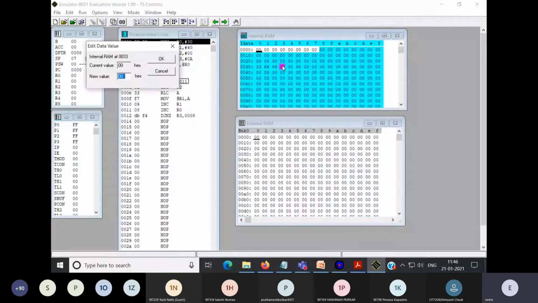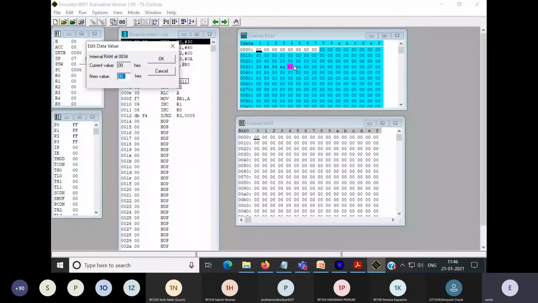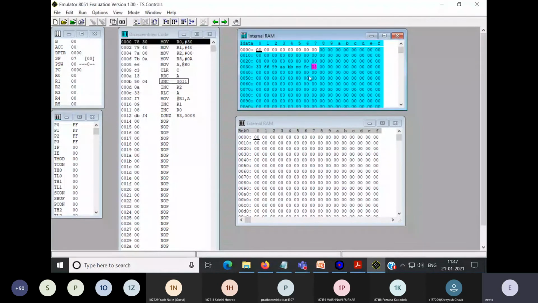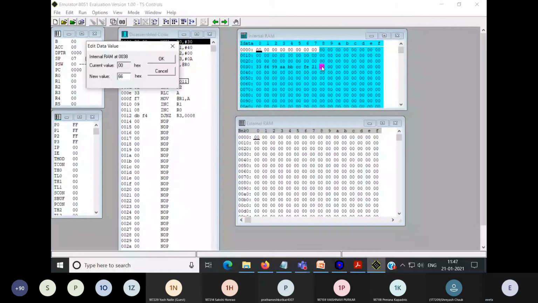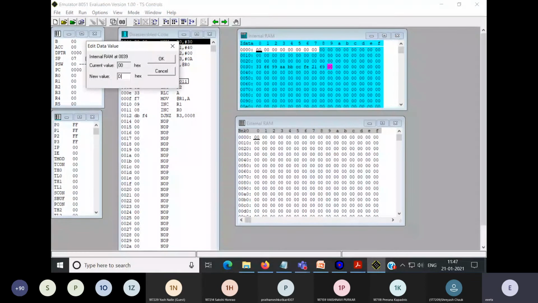This time it will separate odd numbers instead of even numbers, because I have changed the instruction from JC to JNC.